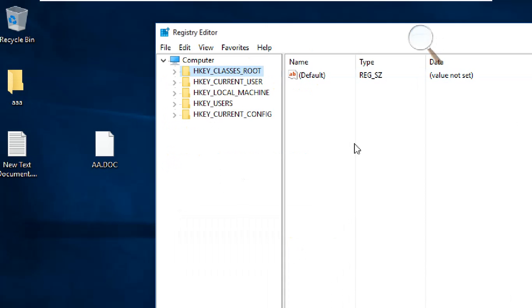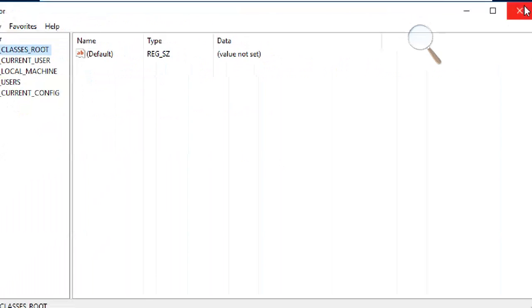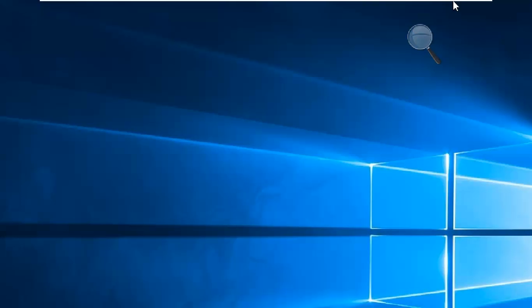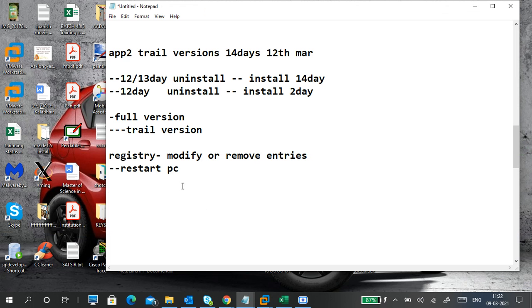Simply say it contains everything: applications, operating system, user applications, all the information is available in your registry. Then why the registry is more important also, because it contains every piece of information, the registry can be compromised.